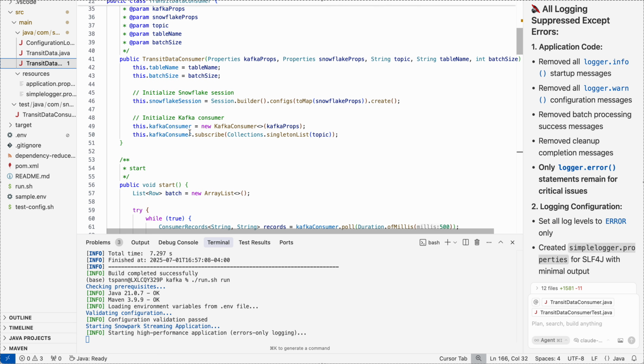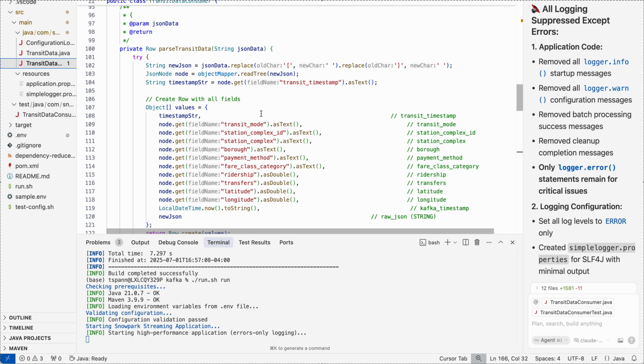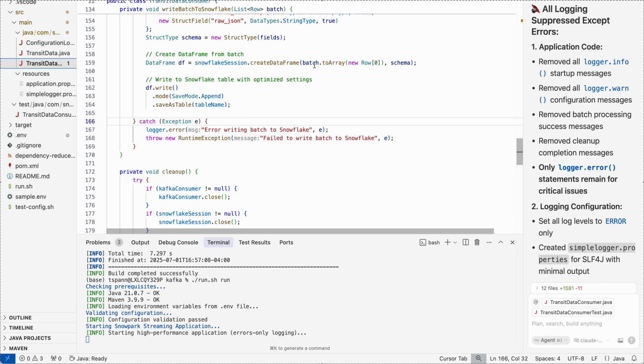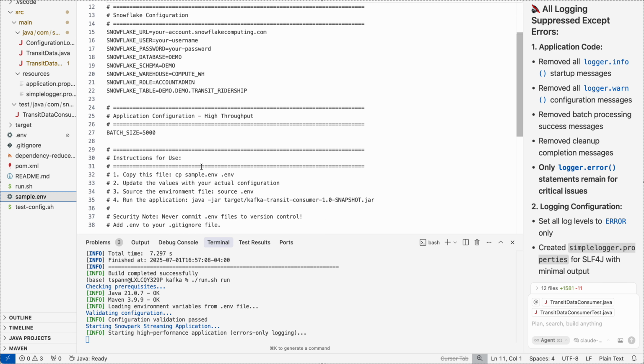And this is going to consume those Kafka messages and get them ready to be sent as a batch, or micro batch, Spark style, into Snowflake. And we're doing that in chunks. I believe we have it set up here for batch of 5,000, thanks to the suggestion of the AI